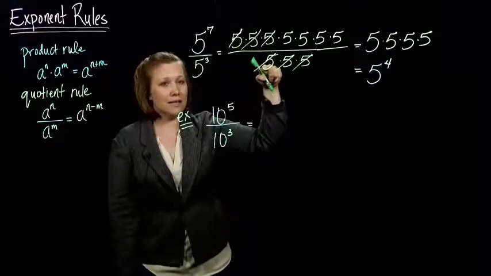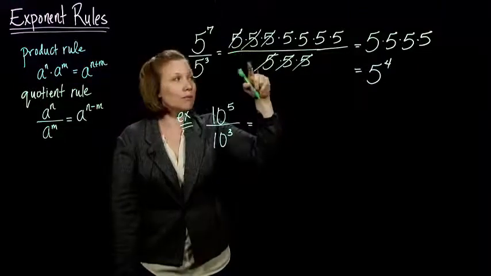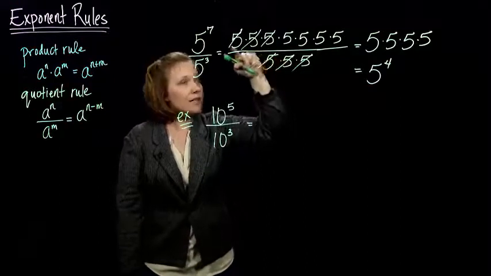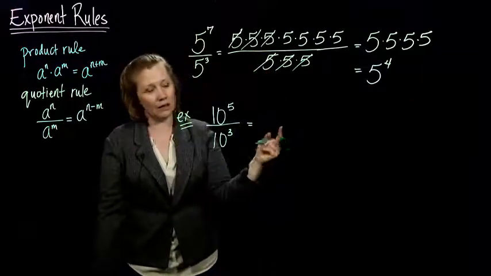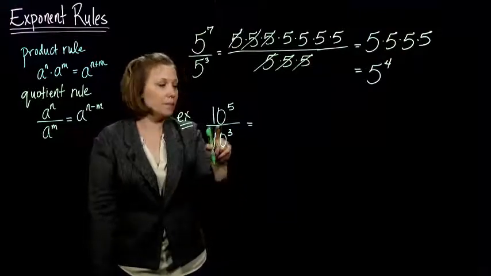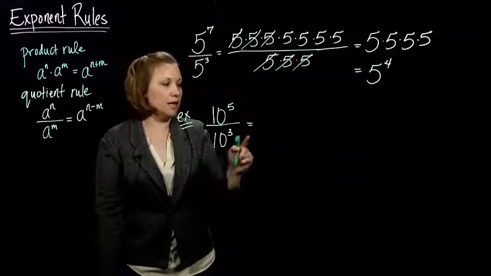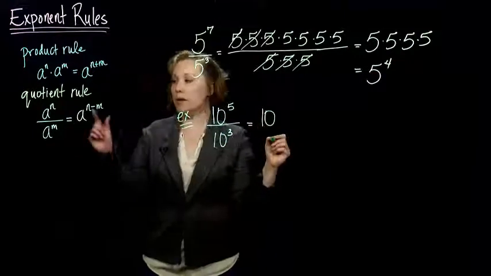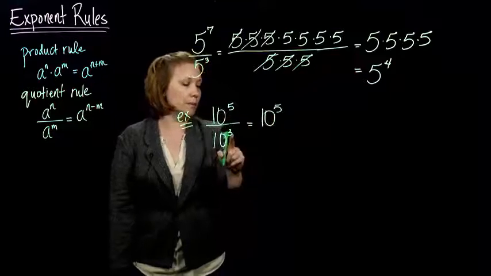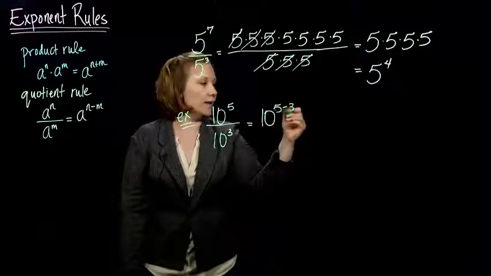The reason why the bases need to match is because if we were to write it out and cancel these guys out, in order to do the canceling, they have to match up. They can't be different. So it's really important that the bases match when you use these rules. So I've got 10 to the 5th and 10 to the 3rd. So according to my quotient rule, I take the exponent of the top number and subtract the exponent on the